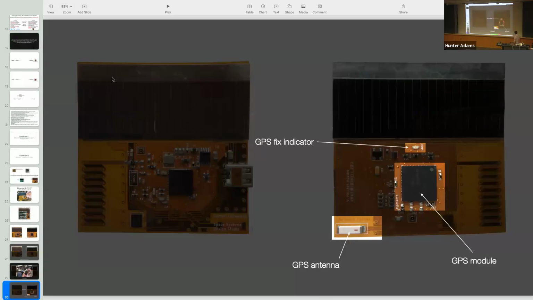The most interesting one of which I think is a GPS module. So each of these Monarchs carries on it a GPS chip, a little GPS chip antenna, and an LED that indicates whether or not it has a fix. What makes this so exciting is we deploy these things in low Earth orbit, that is to say beneath the GPS constellation. And so GPS actually works where these things are flying. And a lot of the most interesting scientific experiments that you might want to do with these things require that you know where you are when you gathered some other measurement with your other sensor. And suddenly with the GPS, we know where these things are, which is really, really